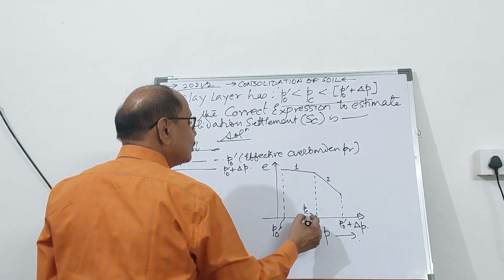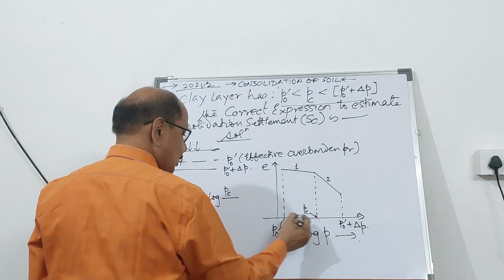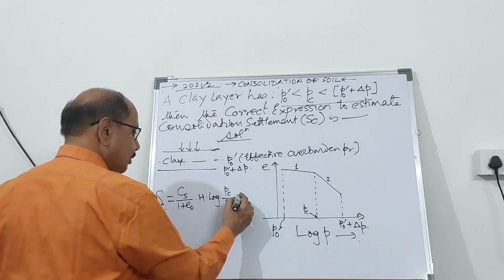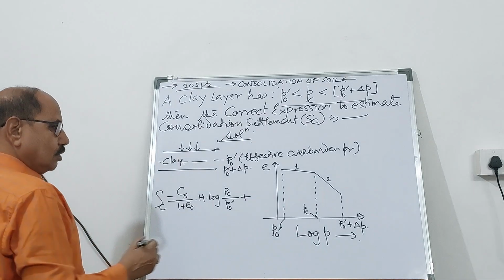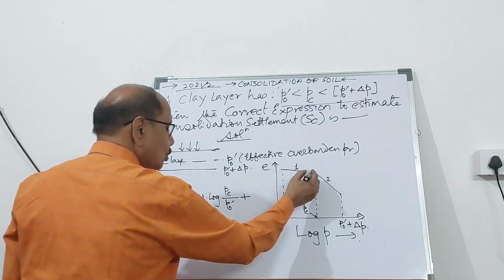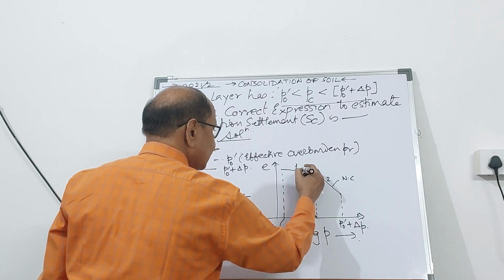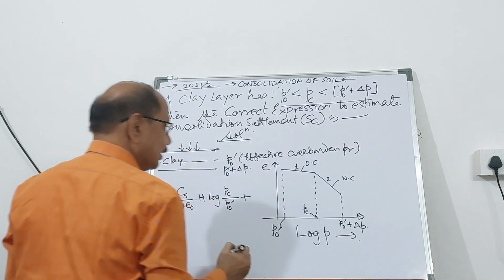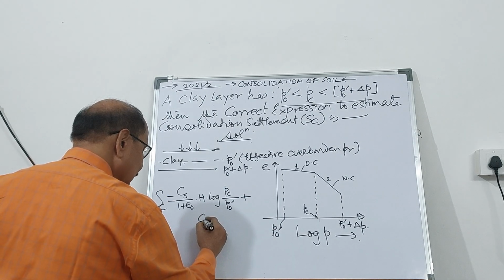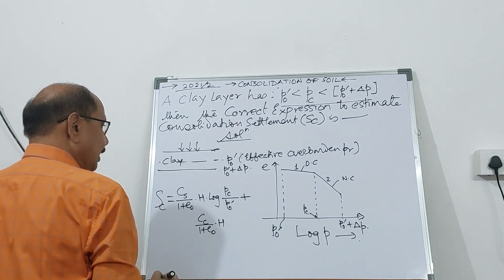Now it is going to be higher pressure, which is Pc, divided by effective overburden pressure, plus. Now for part 2, it is now behaving like NC clay, and this is behaving like over-consolidated clay. So for this part, plus, it will be Cc divided by 1 plus e naught into H, the clay layer,